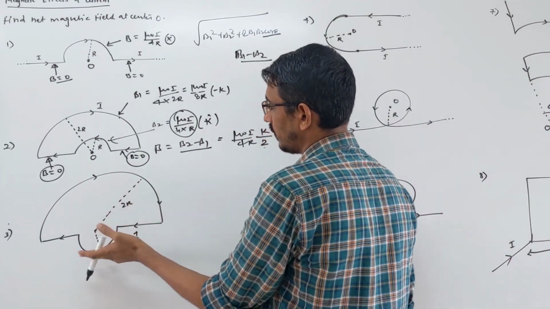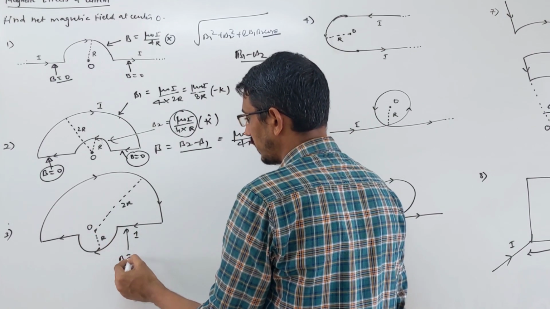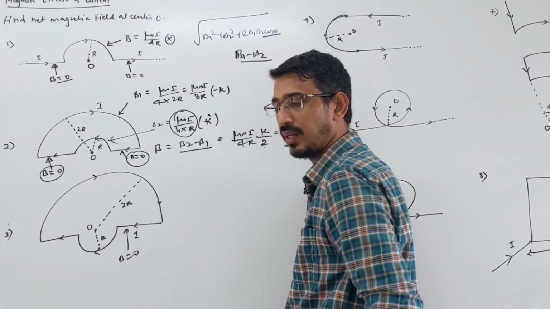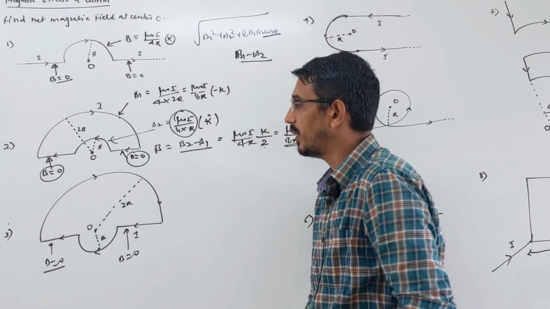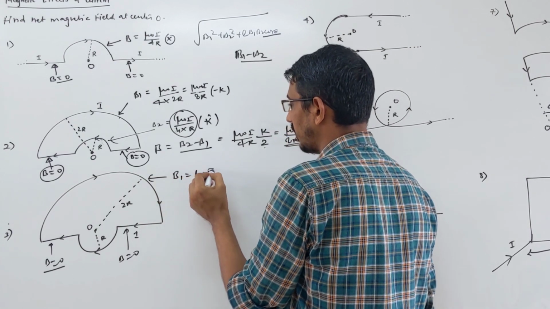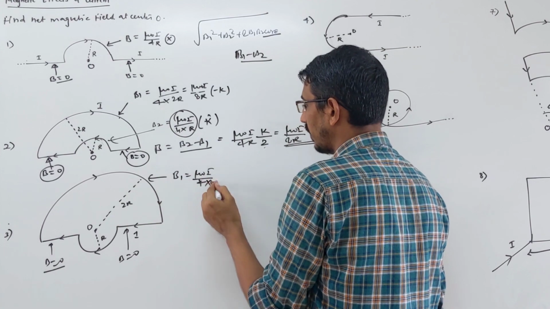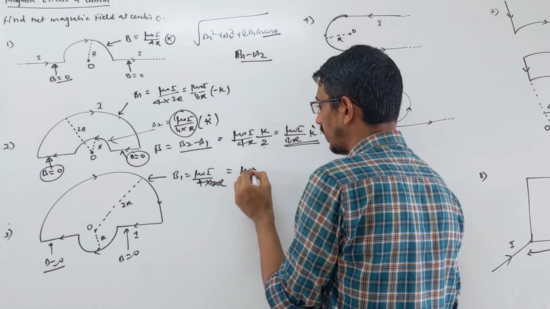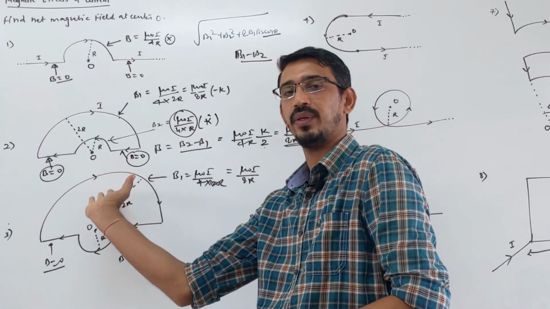Let's say this loop. So in this loop what happens? Watch carefully. Look at this wire, this is the center. Due to this wire the field is directly 0, because this point is along the length of the wire. Due to this wire also 0, yes, correct? Again this ring is remaining, so what is the field due to this ring? B1, let's call it mu naught I upon 4 into r, and r is given 2r, correct? So mu naught I upon 8r. What is the direction? Inward, correct?